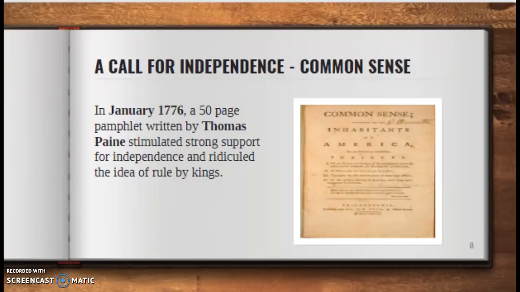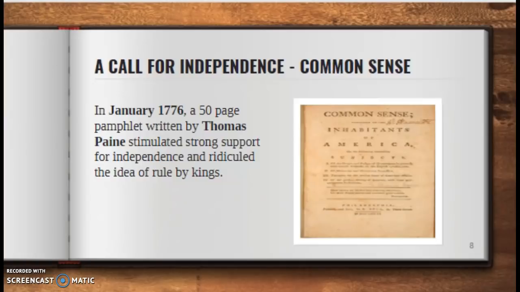In his pamphlet, which is called Common Sense, Thomas Paine argued for breaking away from Great Britain. And when news of his work spread through the 13 colonies, it eventually sold over 500,000 copies. That's going to be something you want to write down. 500,000 copies. Common Sense became popular because of its message and style, and most pamphlets of the time were written